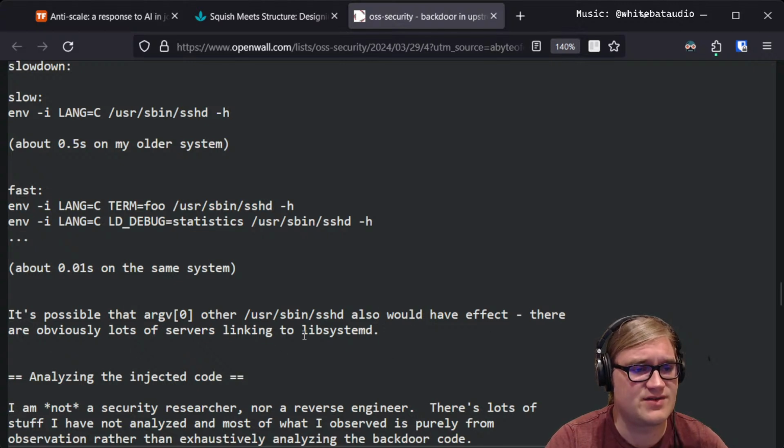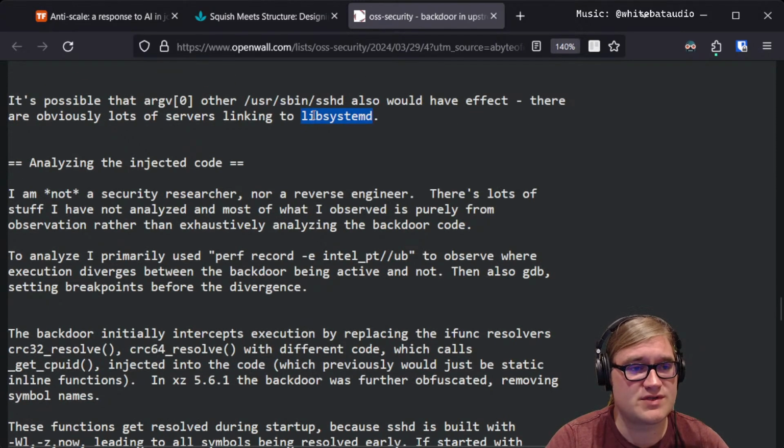There are obviously a lot of servers linking to libsystemd. That's most Linux operating systems these days using systemd. I am not a security researcher nor a reverse engineer. There's lots of stuff I've not analyzed, and most of what I've observed is purely from observation rather than exhaustively